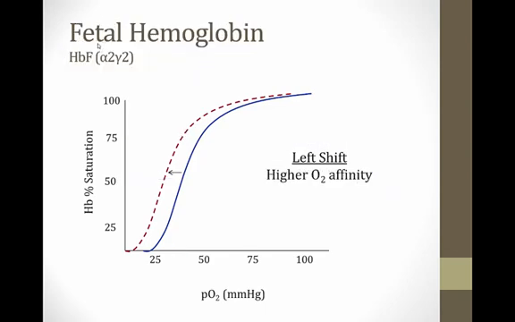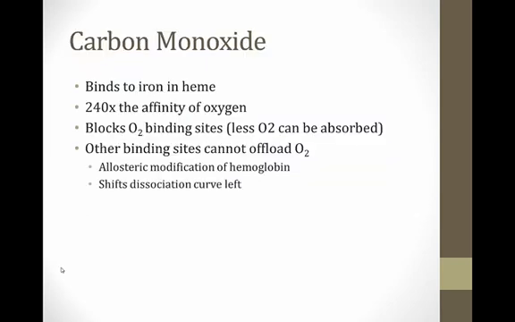Let me just mention, by the way, that fetal hemoglobin, that HbF with 2 alpha and 2 gamma chains, is shifted to the left compared to normal hemoglobin, and that means that fetal hemoglobin has a higher O2 affinity, as we discussed before. Now let me talk about some molecules that interfere with hemoglobin's ability to bind and release oxygen,